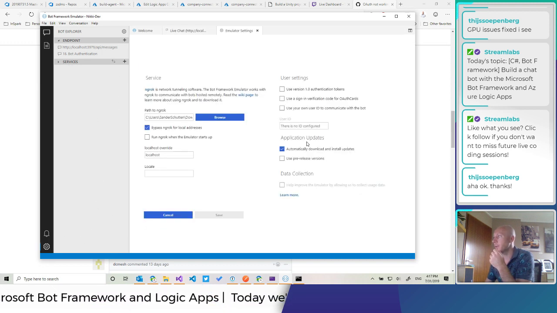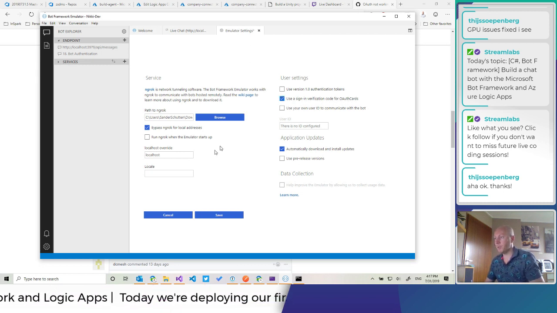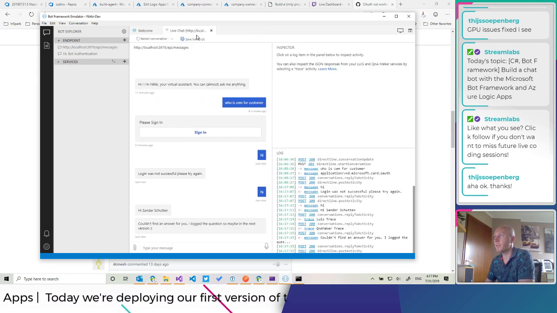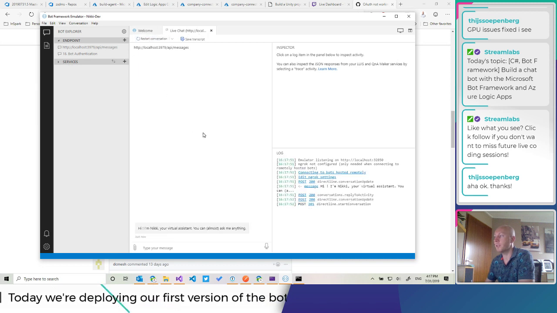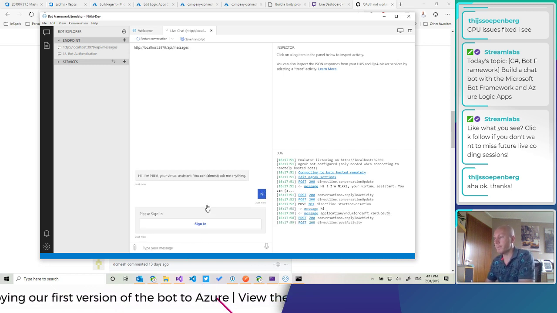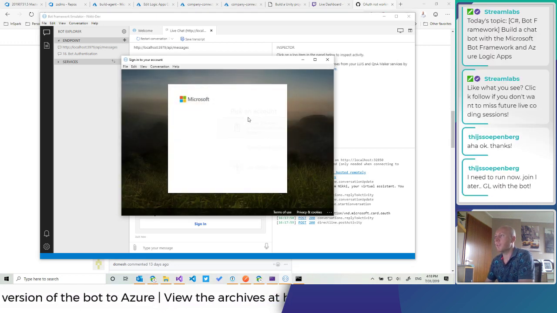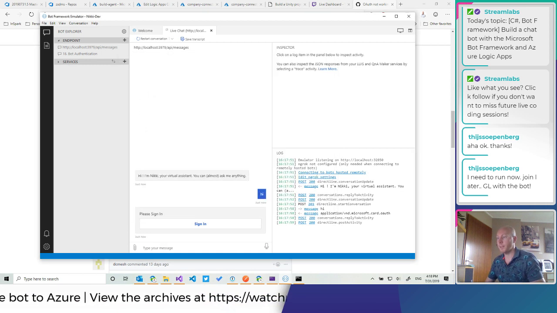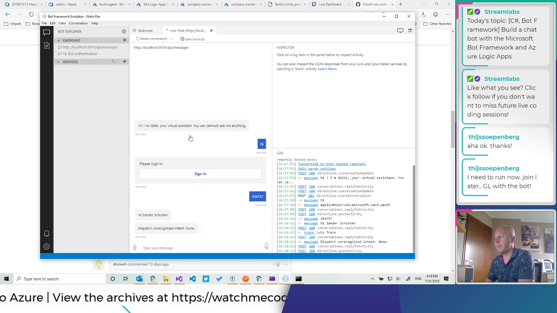by going to the settings of the emulator and telling it to use the sign-in verification code for OAuth cards. That will use a method where you need to enter a code to the bot. So let's try that again. For example, restart. Maybe I'm still signed in, so that might not be completely fair. I'm not signed in anymore, so it asks me to sign in now. So this time it tells me to enter this particular code in the chat window, and that